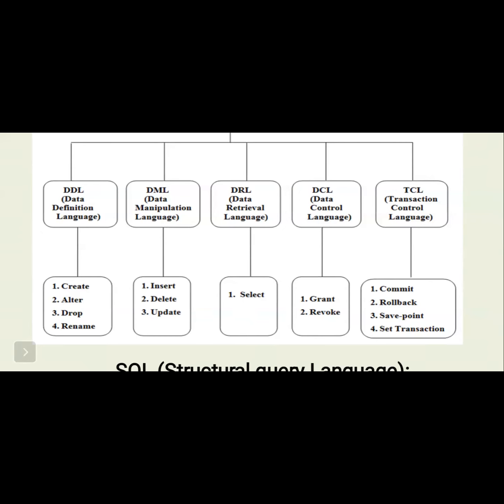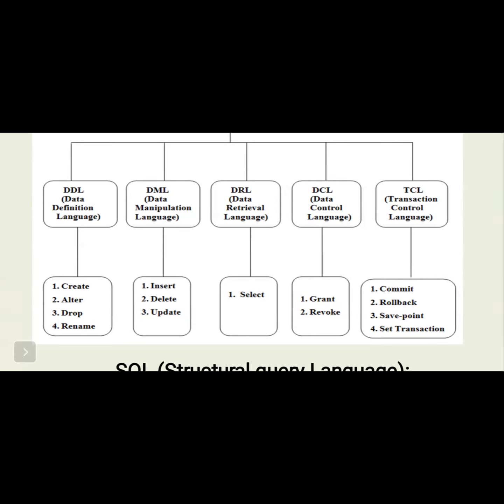Now DML, data manipulation language. Here we perform manipulation, updation, deletion, or insertion. So those types of commands are related to DML: insertion, deletion, updation. Data retrieval is nothing but retrieving the data, which is done by using select. Another one is DCL, data control language. How do we control access? With grant and revoke.